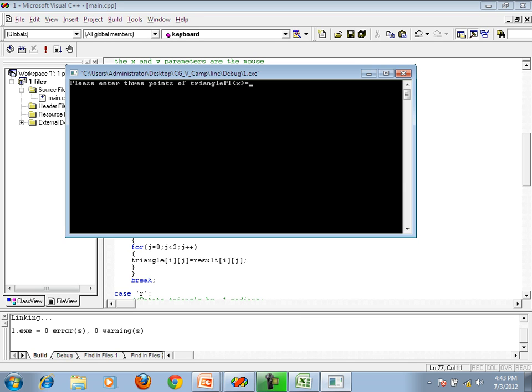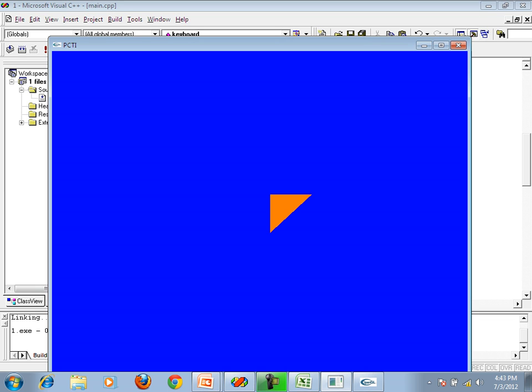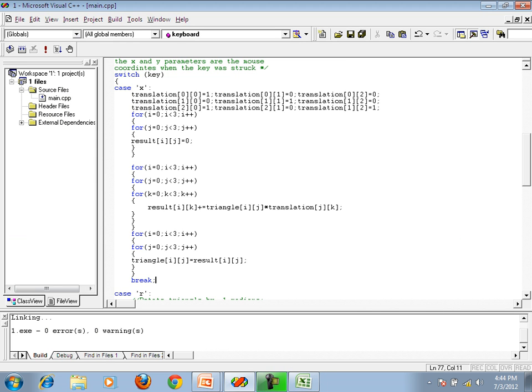So I am taking again the previous triangle, that is 10, 10 to 50, 50, then 10, 50. Okay, and I am pressing small x on this screen. Check what actually is happening.